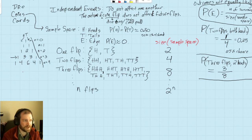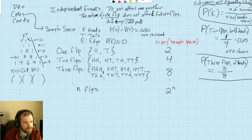Now, as Superbrain says, if these are unequally weighted, this becomes much more interesting. Because what we're basically doing is we're saying, okay, give me a trinomial. This is going to be the same thing again in all these cases. But if we go with probability of heads being 0.4 and probability of tails being 0.6, so an unfairly weighted coin towards tails 60% of the time,